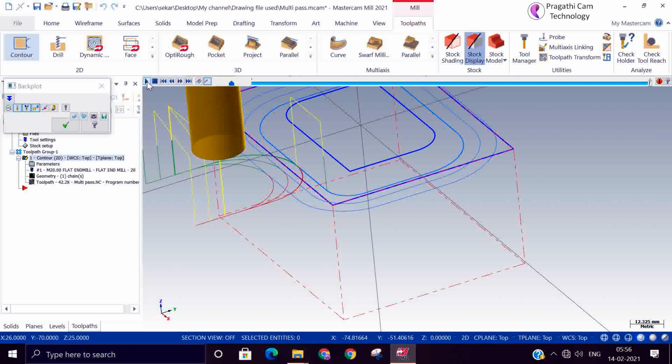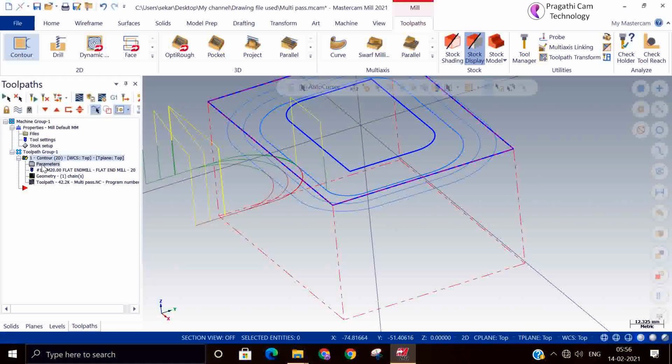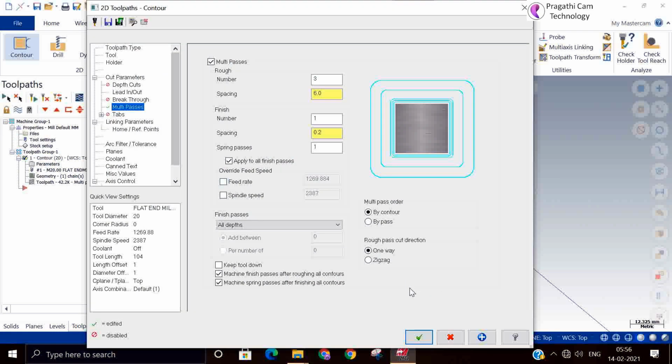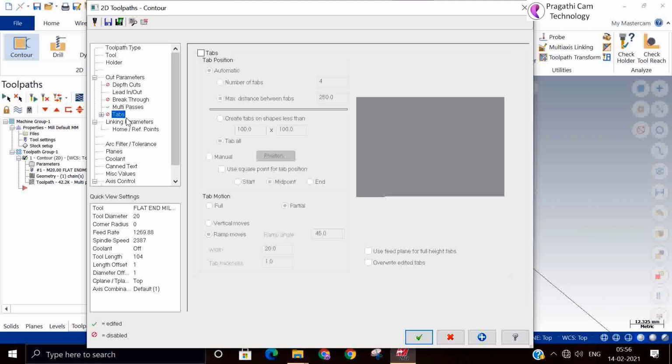Here it will not cut any material, it will just make one pass. Any burr or any small projections that are there, it will clean it, that's all. It's a cleaning pass actually. Okay, this is all about the multi-pass.